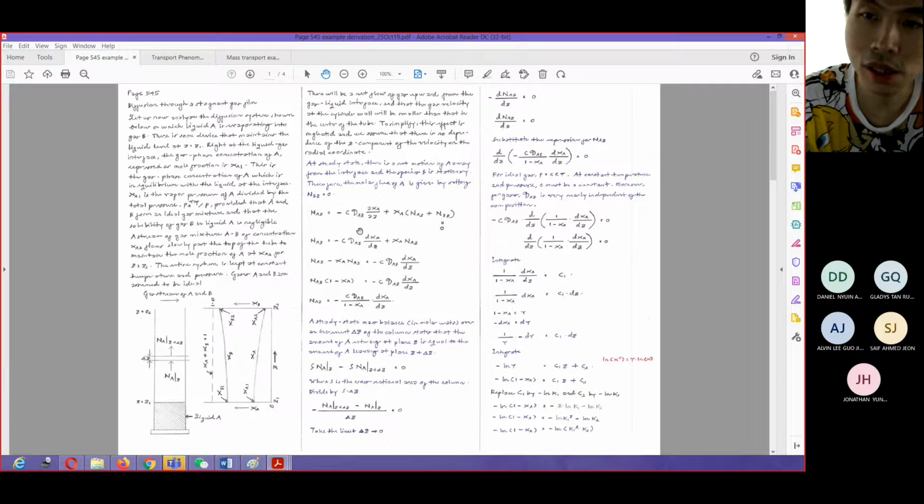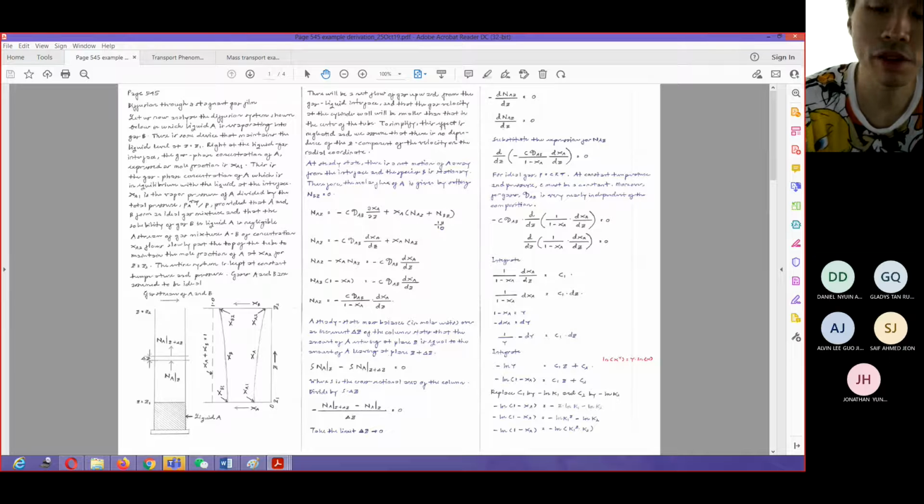The first term in this equation refers to the molecular contribution from A, so this one is molecular diffusion. The second one is a convective term. The convective term is caused by the bulk motion of the fluid, so that's why you have N_A and N_B in here. Now, the thing that creates a complication is that in order for you to get an explicit function of N_Az, you need to know N_Bz first. So this creates a complication.